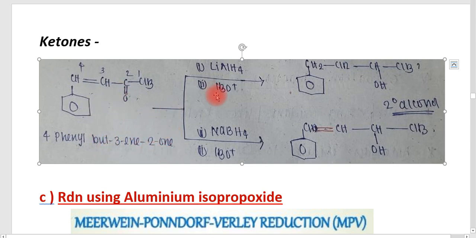If it is reduced in the presence of lithium aluminum hydride followed by hydrolysis, it will undergo reduction of both the double bond and the carbonyl group, converting into an alcohol. Since it is a ketone, it is converted into a secondary alcohol. But in the presence of sodium borohydride, it will undergo a selective reduction of C=O, leaving the C=C, so the product will be C6H5CH=CHCHOHCH3. That is a secondary alcohol given from the ketone.